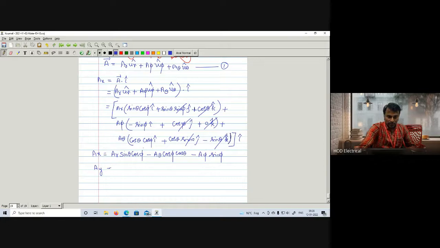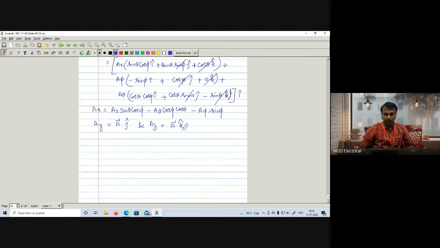A y equal to a vector dot j gap and a z equal to a vector dot k gap. So when you do this, instead of this you can write j. So you will get the j component and i, k components will be 0. Similarly, when you do a vector dot k vector, only you will get the k component, i, j will be 0. So like that, we will get one equation. You can write it in matrix form. What is that? Ax, ay, az matrix is equal to